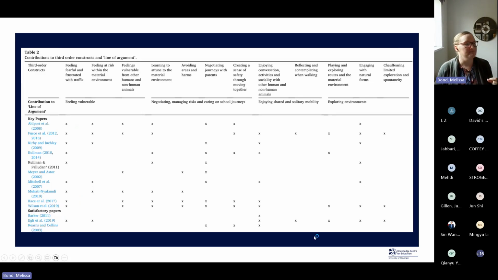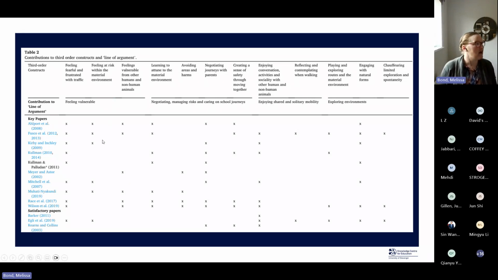So they've provided some really detailed information here about the methodology and the data collection and analysis. What they've also then done is included a tabulation of the analysis that they did with those second and third order constructs that they found across the studies. And so here, any person reading this work would be able to very quickly see, okay, so in terms of feeling vulnerable, any study with an X shows examples of where students felt vulnerable in their journey home from school.